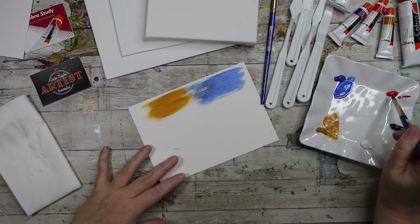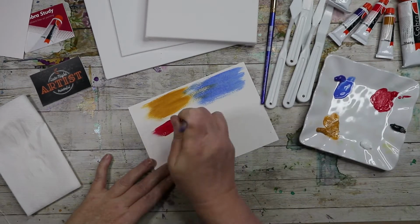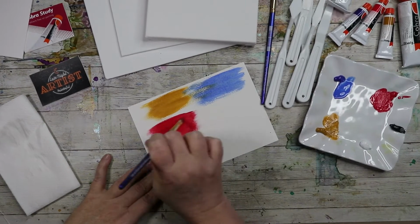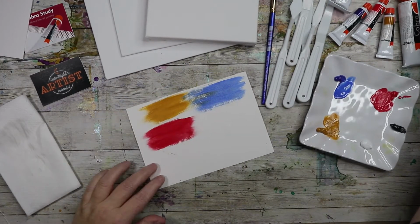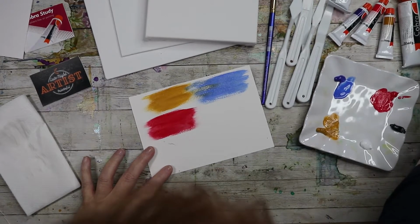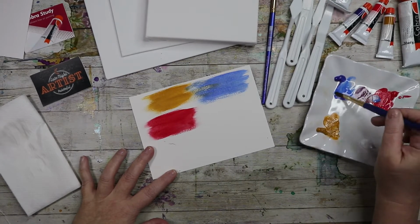And then we'll swatch out our red. If you use them thin like that, do they dry super fast? That's interesting. Do they work like watercolors? Like, can you...